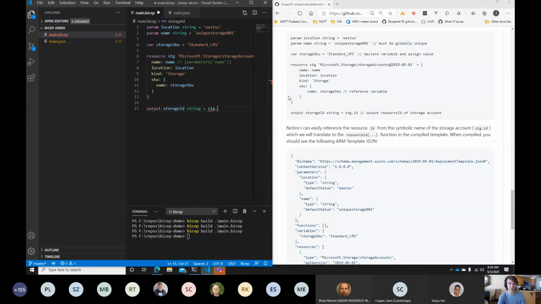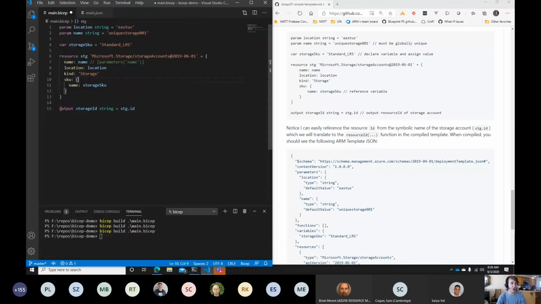And this is where we have some kind of new functionality, which I'm personally a big fan of. So we have our output of a storage ID. I want to output the storage resource ID for whatever reason. I have keyword, identifier, type, just like a parameter, basically. And then I am assigning it a value. In this case, it's storage.id. And this is where that symbolic name is really useful, and you'll see it become more useful through the other tutorials. This is the equivalent of writing resource ID,